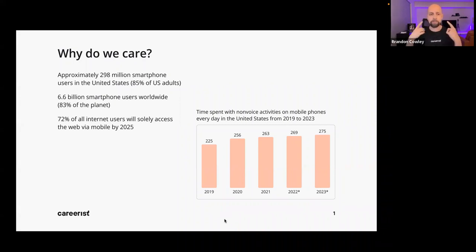Your smart watches, smart glasses, monitors, so on and so forth, virtual reality. This is all really pushing towards portable mobile content consumption, and in turn, content creation as well. So that 72% of all users solely accessing the web in the next couple of years is pretty wild.